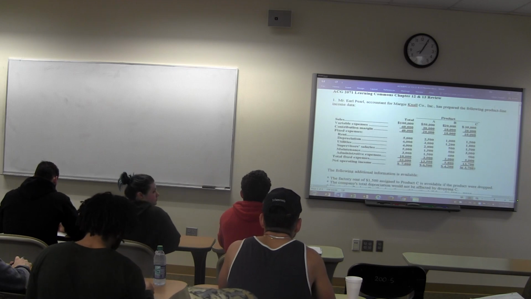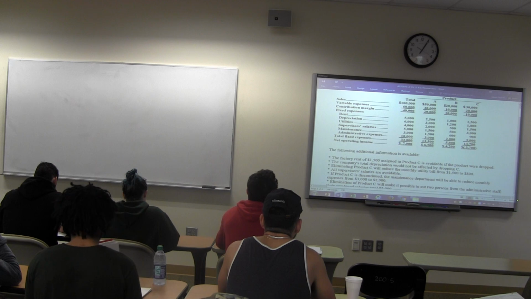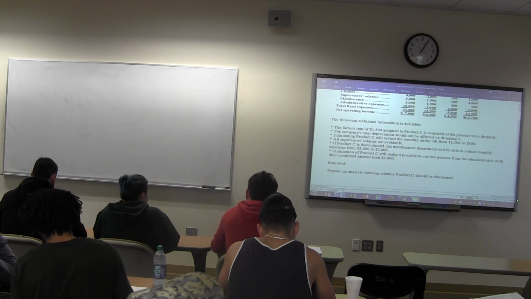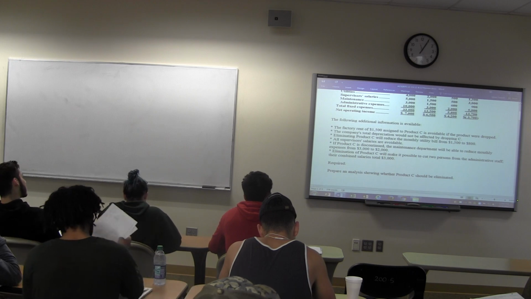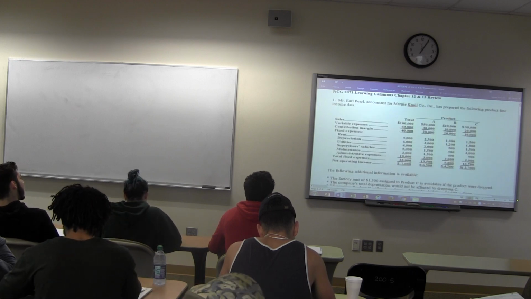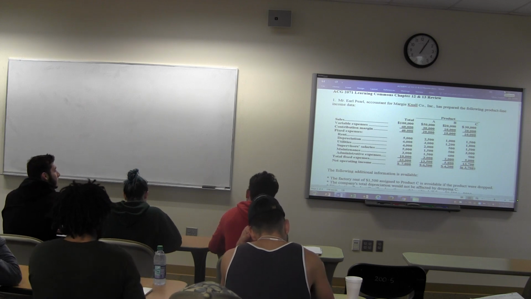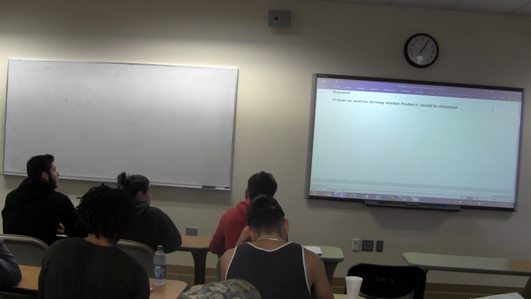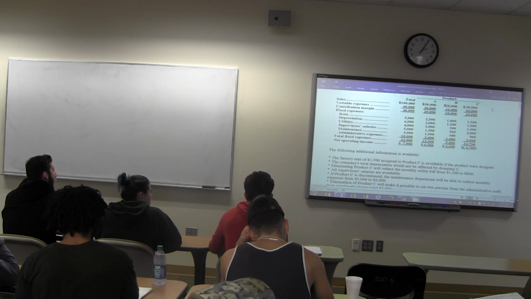All right. So, first question. Mr. Pearl, account for margin note, has prepared the following product line income data. Gives us all this information. The following additional information is available, and they want us to prepare an analysis showing whether product C should be eliminated. Product C is showing net operating income of $3,700. So we need to determine whether we should keep it or not. This is a keep or drop decision. All right. So